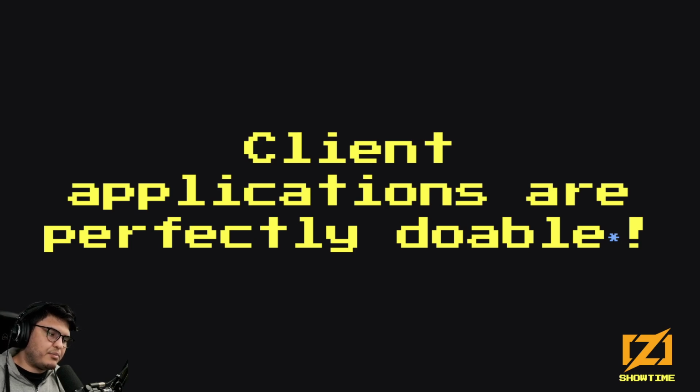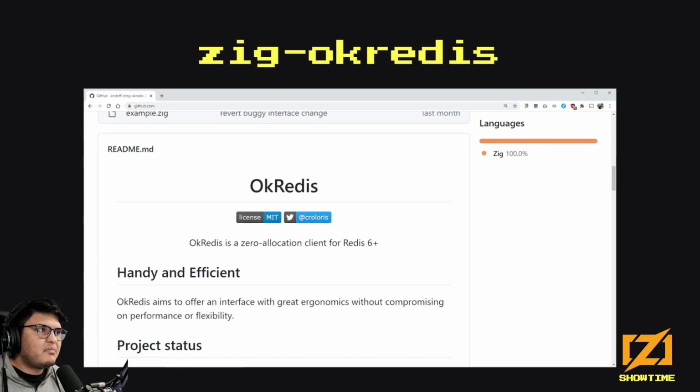I think there is an accepted proposal for another operator called select that allows you to kind of wait on multiple frames at the same time and react whenever one is ready. Today, this is not really possible the same way. And so I wouldn't say that all client applications are perfectly doable, but especially when it comes to libraries I would say are nicely doable. And I would say maybe you can consider, OK Redis is an example of that.